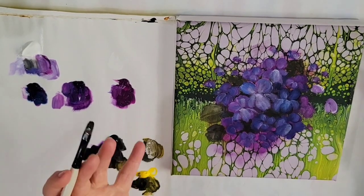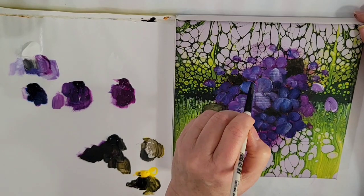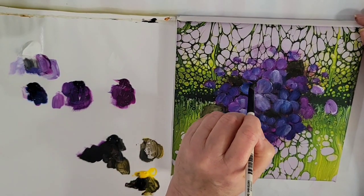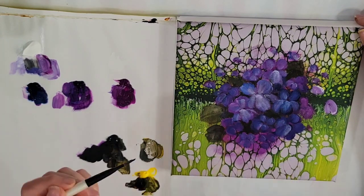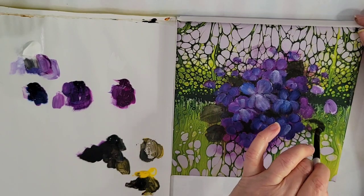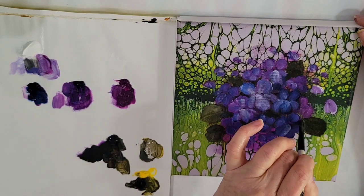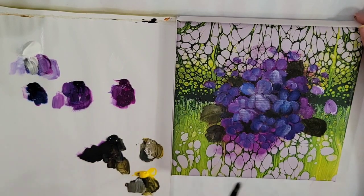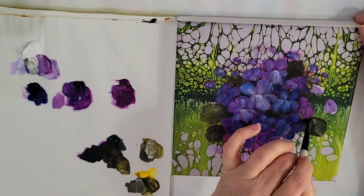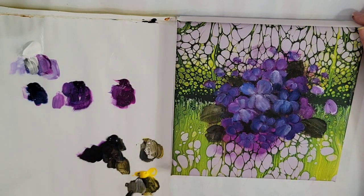But see how by adding the darks there, it helps with the depth. So I'm tucking in little dark shapes here, and you can almost reshape some of your petals if you want. That looks funny. I'm going to tone that down. That's almost too dark. All right,